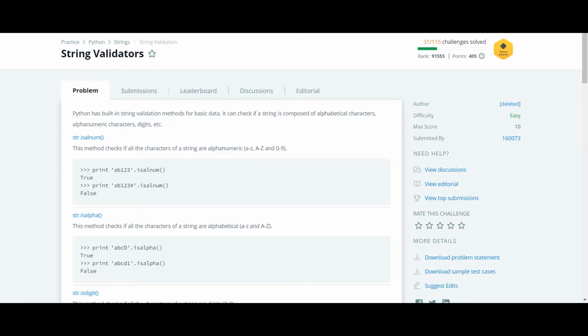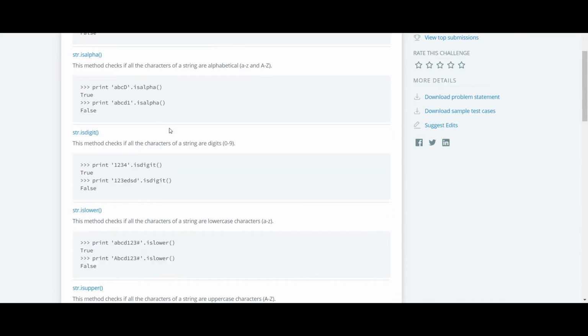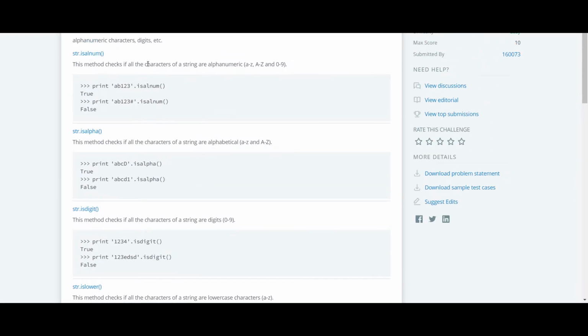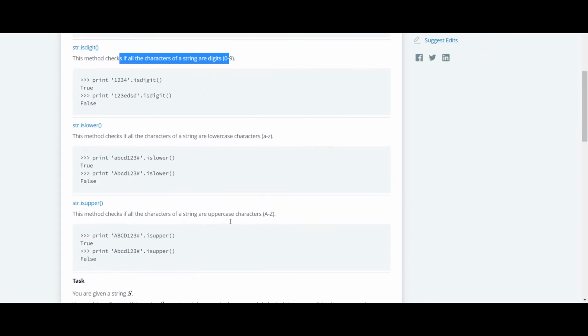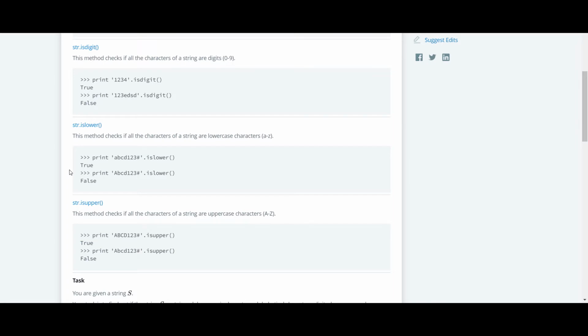The next question in this series is string validator. So basically in this question they have explained some functions. Here is the function to check whether the characters of a string are alphanumeric. Is alpha is a function to check whether the string is alphabetical or not. Is digit is a function to check whether the characters in the string are digits. And is lower and is upper functions are used to check whether the character is in upper or in